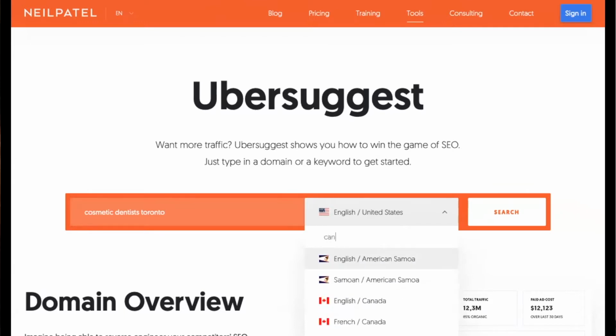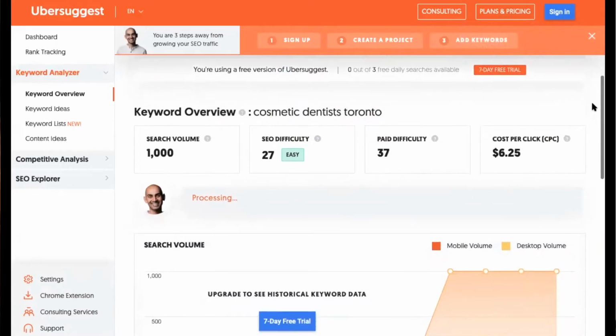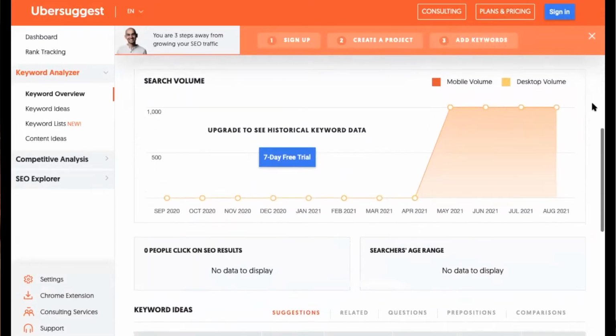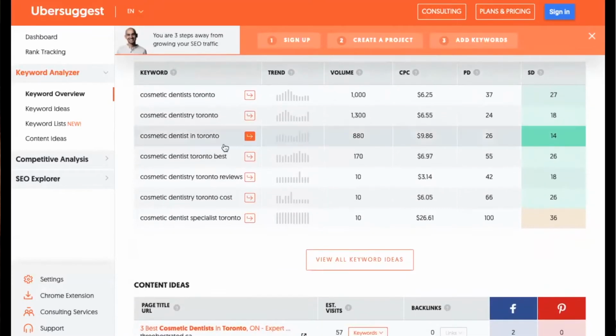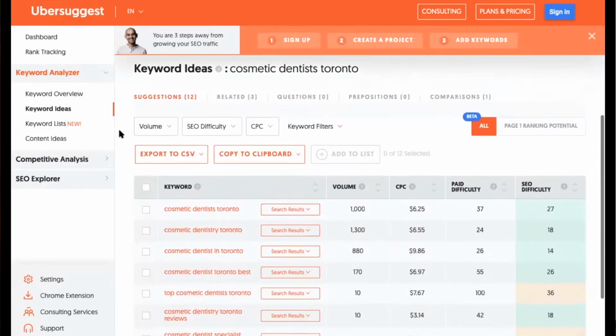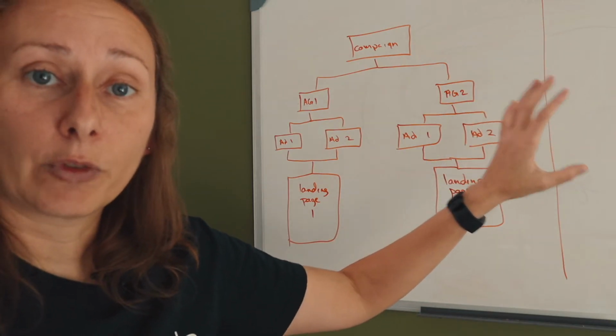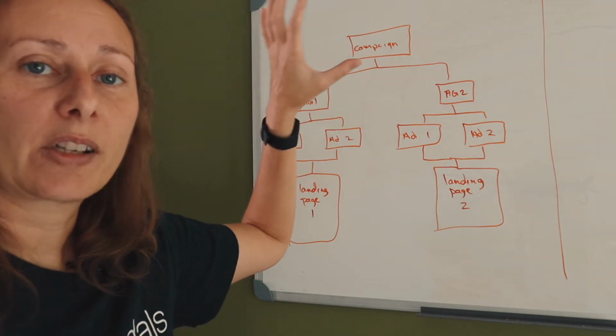and put them in there and see how many people are searching for that term, how hard it is to rank for that term, and how many people actually click on that term. And that's going to give you a little bit of information about how to properly set up your ads before spending any money. Now, once you've done that research on the keywords, then you're going to create what's called a